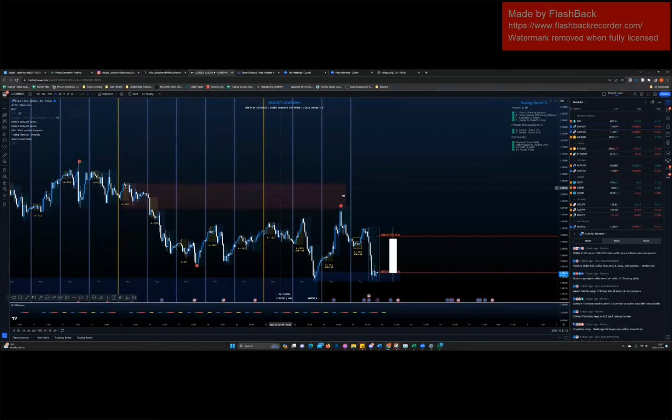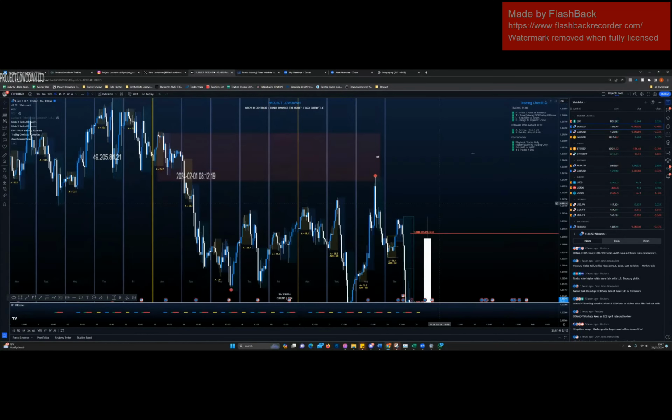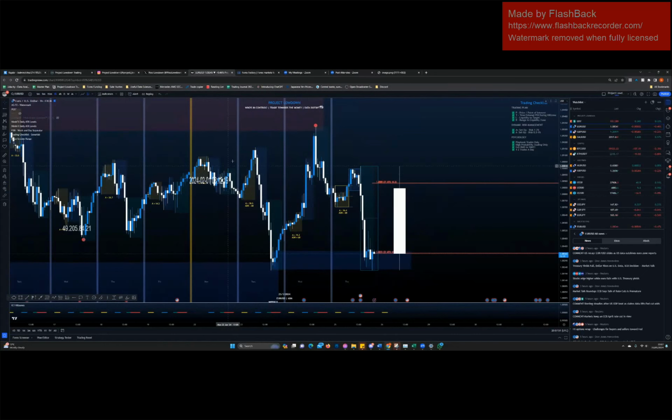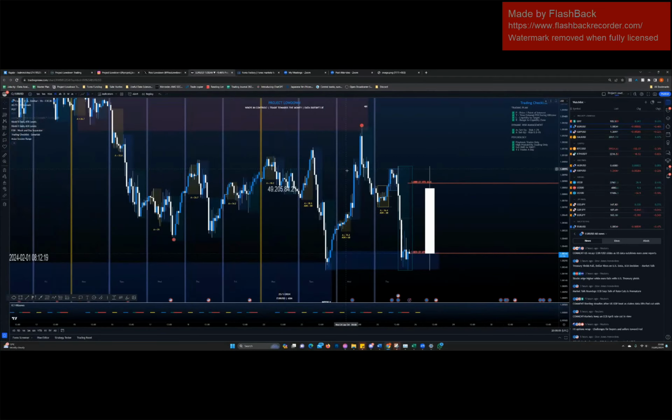With that, we can comfortably get anywhere between 2 to 4 R. So if we know we can get 2 to 4 R comfortably, we need to make sure that we're actually making money out of that, right? Just to do a quick recap, we know when to get in, where to get in, where to get out, and when to get out. Optimal entry time, optimal exit time, POI selection, PTLR. We know all of that. That's the meat and potatoes of the strategy.